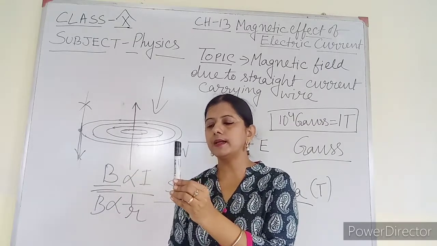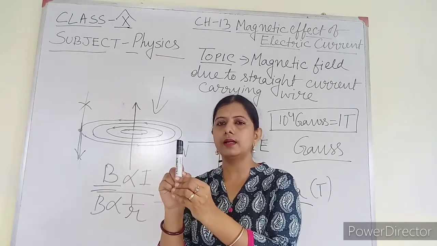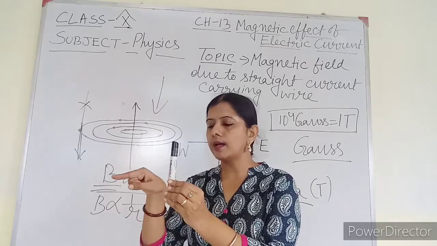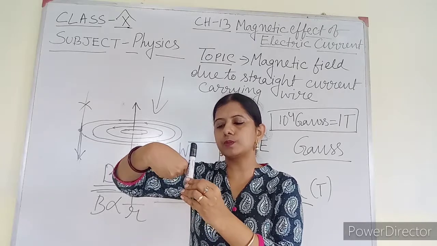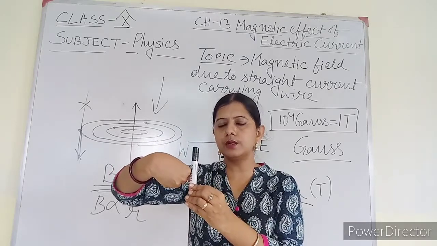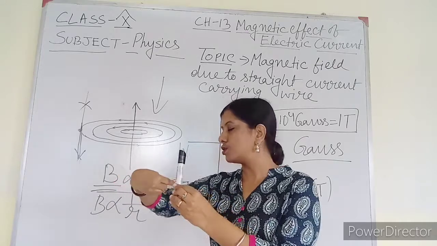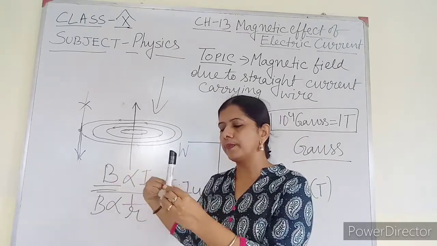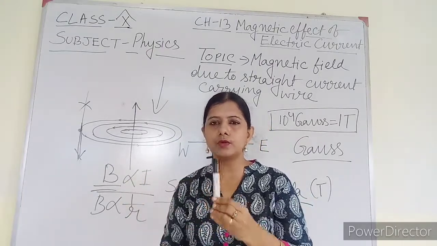If I have to find out a point just below, below means just behind it. How to find out below? It is just behind, so I am moving my finger in this way. Just below means this point. At this point, in which direction is it? At this point I can find that it is towards this board. It is moving towards the board. Okay, so this is the particular point that I had to find out.